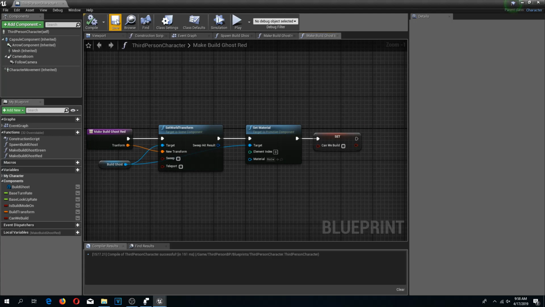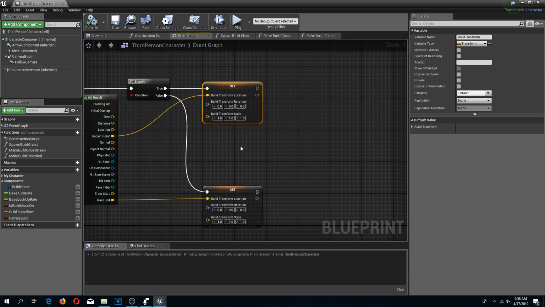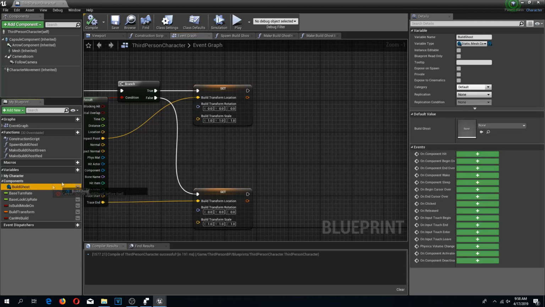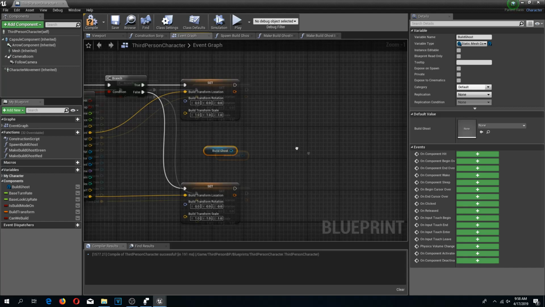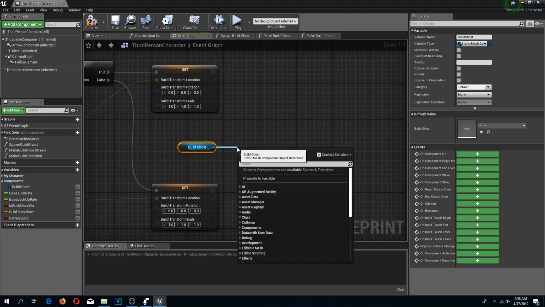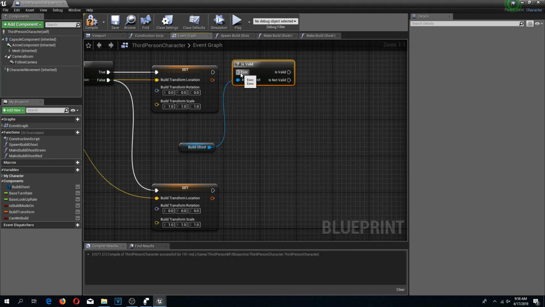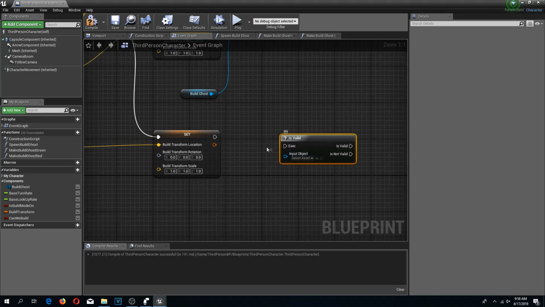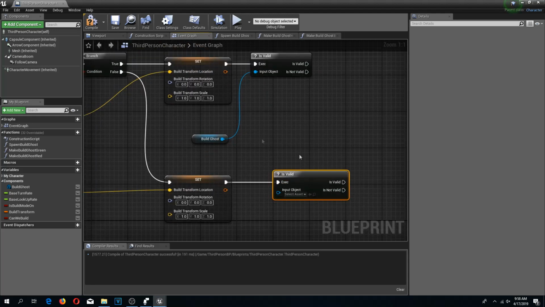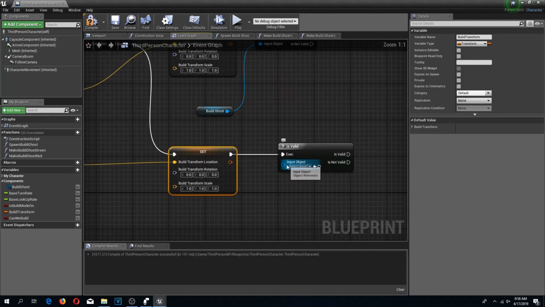So now I'm gonna compile and save this, and we can go back to our event graph, to our build mode function. And now what we need to do now is we need to drag in our build ghost. We need to get this, and we need to do a check which is called is valid, and we need to check if this build ghost is spawned in game or not. And we need this node 2 times for both of the occasions when we have hit something and when we have hit nothing. So connect this,